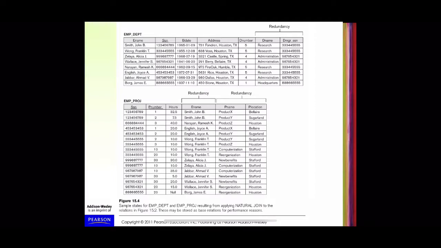So before moving to guideline 3, let us discuss some examples of insertion anomaly, deletion anomaly, etc. First, let us take the case of insertion anomaly. Suppose we want to enter the details of a new employee into this employee department relation. Two different possibilities are there. One is that the employee is not yet assigned any department. So in that case, what happens? If we insert the corresponding employee information, the corresponding department information should be kept as null, right? So that much extra storage space is wasted.